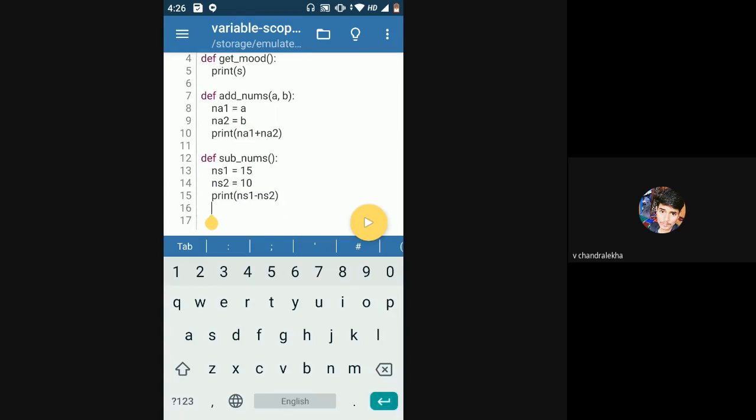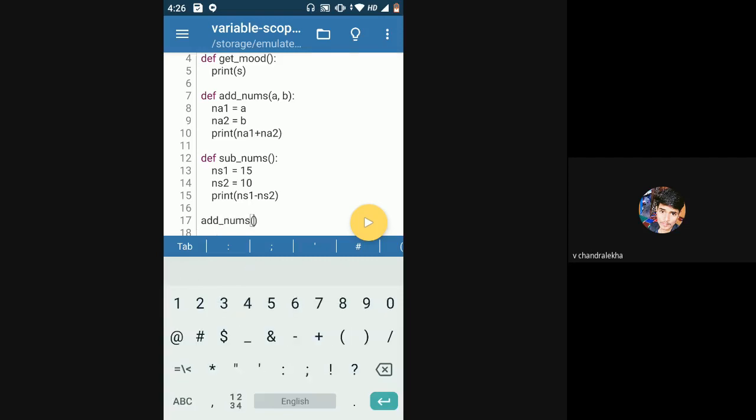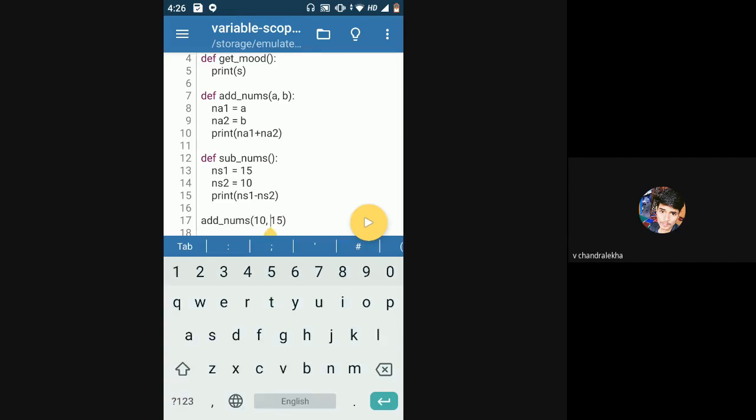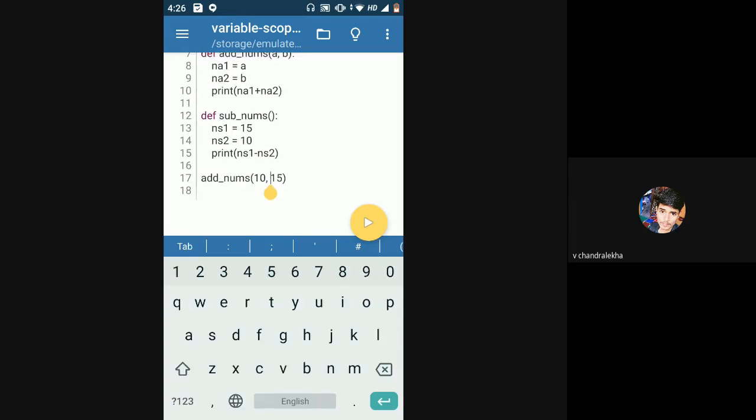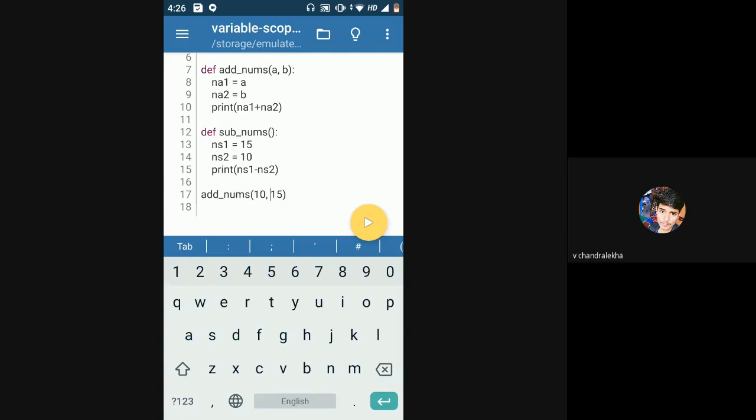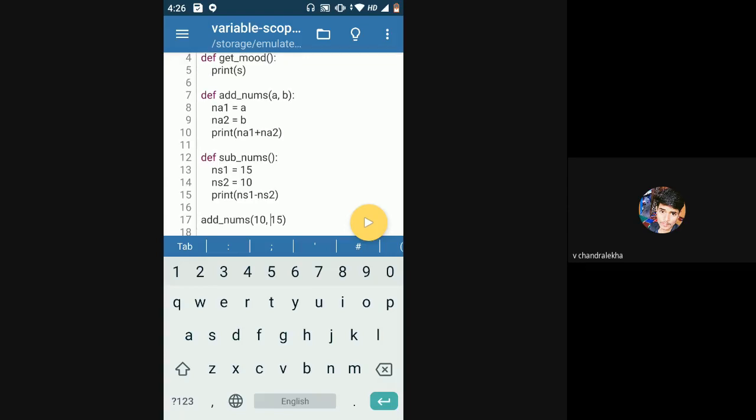So now when I'm calling this function add nums, I'll just put in 10 and 15. This is exactly like f of x is equal to y for you all. So x is what you're passing, which is 10 and 15, and this would be f, the function. And it will give you some output, which would be your y. So this is the mathematical way of thinking about it.